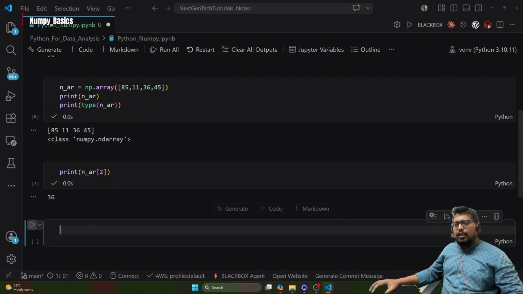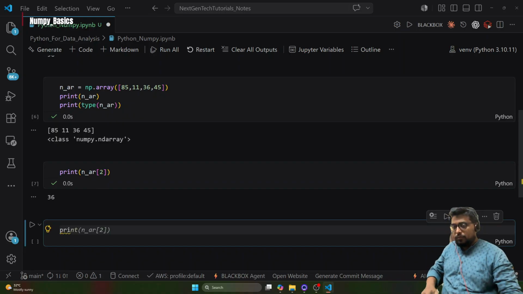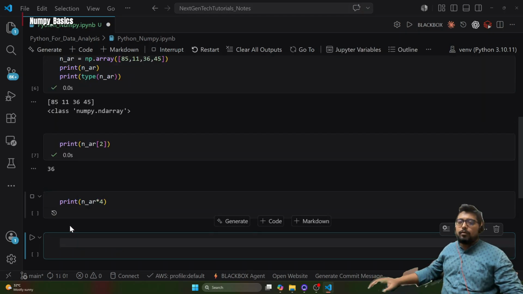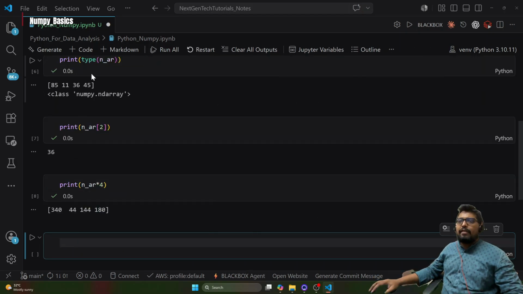One thing. Now second, if we do something like this, every single element that we have in the array is going to be multiplied with the number that is given. So all the elements, if you want to perform some kind of calculation in all the elements that we have over here, that's also possible. Okay,